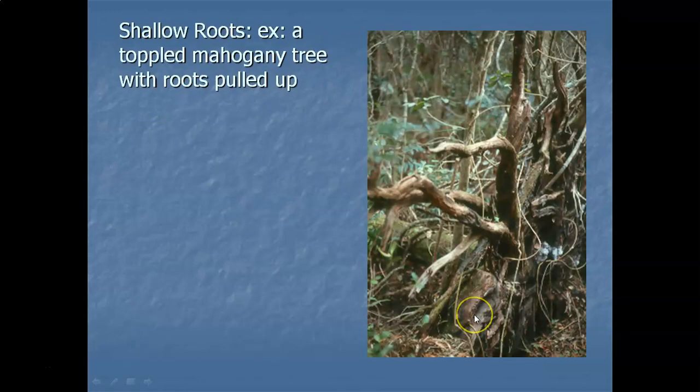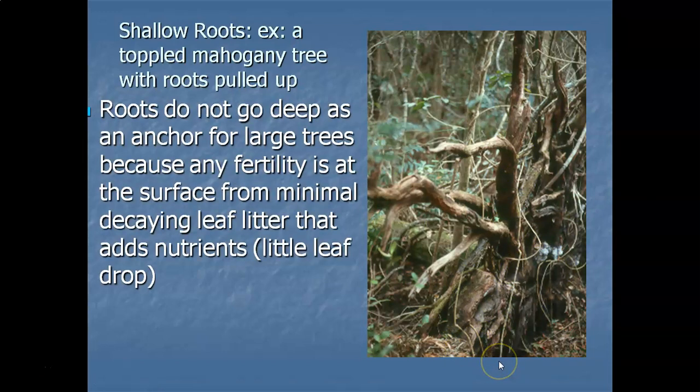Another adaptation to the forest is a kind of surprising one: the roots tend to be shallow. Now, these are pretty big trees, 150 feet tall. You would think that since you've got a large tree, you'd have a deep anchor root to support the girth of the tree. But here's an example of a relatively small mahogany tree. Here's the main trunk, and it toppled over. And since it toppled over, you can see the spreading shallow roots that have been pulled on up. And the reason why the roots don't go deep, where you think they should, is because of the